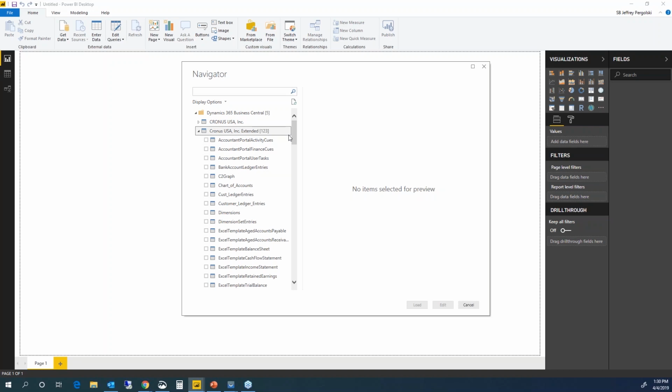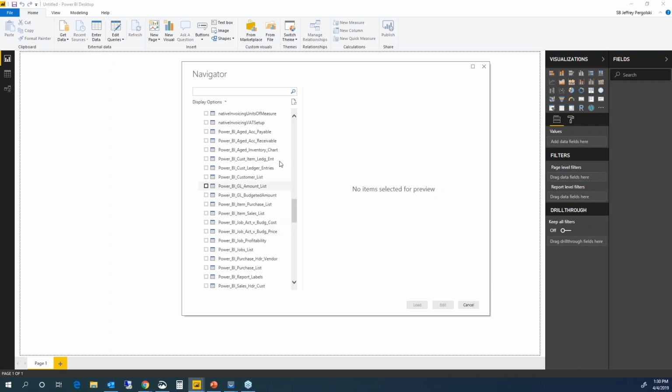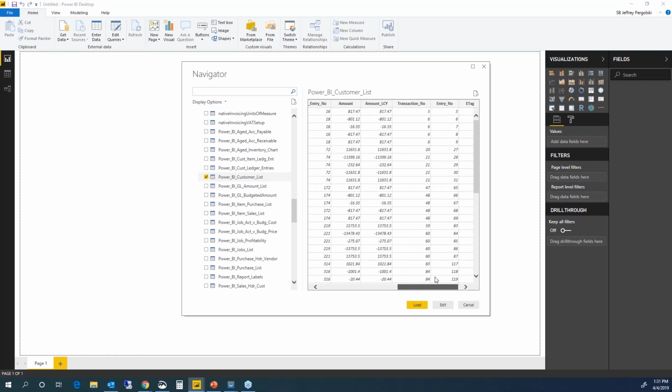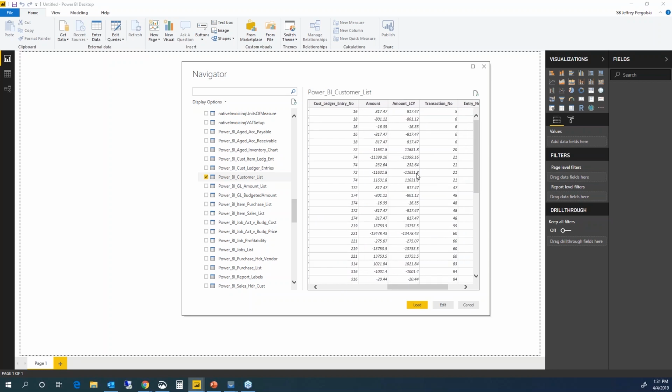There's a bunch of things that are already in here, and there's some of the Power BI stuff that's already been defined. It exists right here. So if I want to, let's say I want to grab a customer list, as I check the box next to it, I actually get a preview of the data, which is nice. It's showing me the tables that are going to load here,